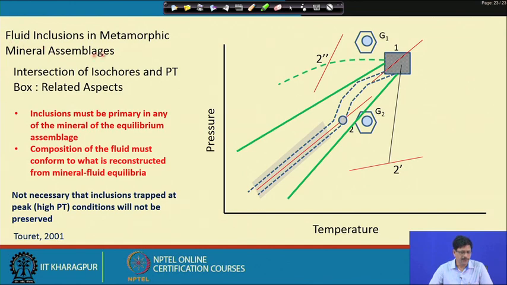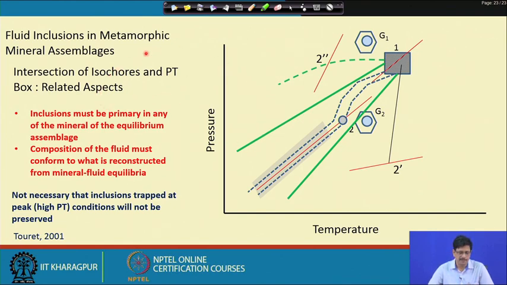The literature on the application of fluid inclusion studies to metamorphic rocks is also quite vast. To make an exhaustive review or to cite many cases would not be possible, so I will be very selective and only go by the very simple principle of how we can use the fluid inclusion data to understand metamorphism.